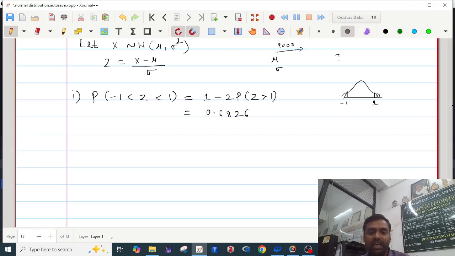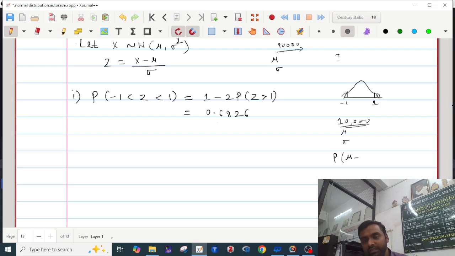68.26% of observations lie between plus minus 1. So if there are 10,000 observations, the process mean is mu and the process standard deviation is sigma. Then among these 10,000 observations, 6,826 observations lie between